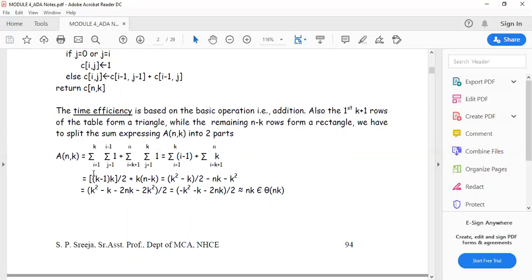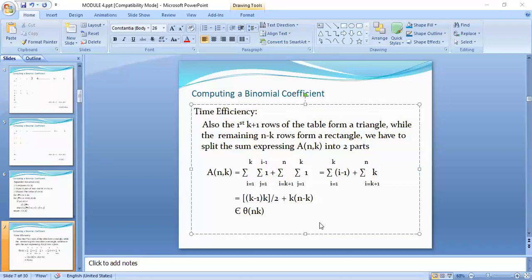So you just evaluate it. k into k is k squared, minus k, divided by 2, plus k into n minus k squared. When you equate this equation and evaluate everything, you will be getting this divided by 2. So it is approximately equal to n into k, and we will be saying it belongs to Theta of nk. Okay, so this is how we evaluate it and find the time efficiency for the binomial